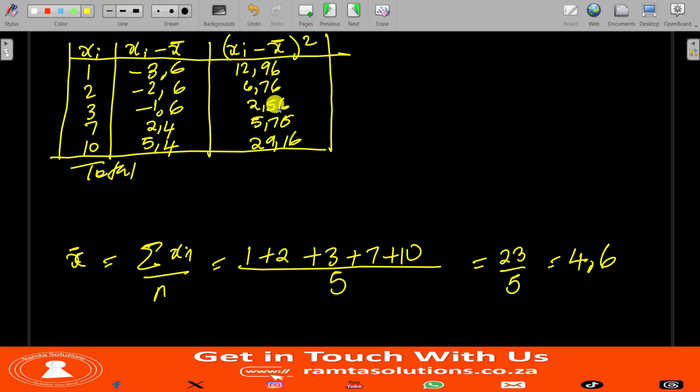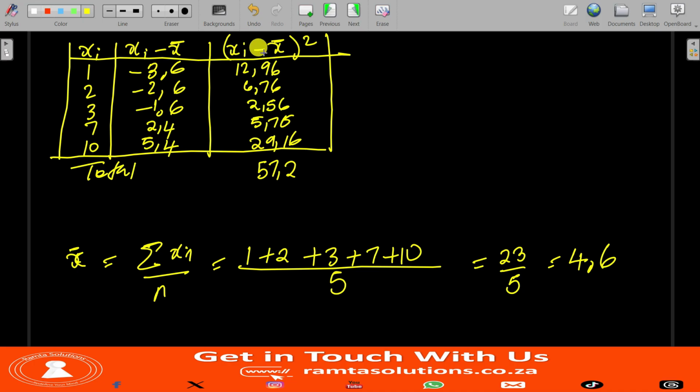What do we get? We get 57.2. So this here is 57.2. You can see this is the sum of the squares of the distances between data points